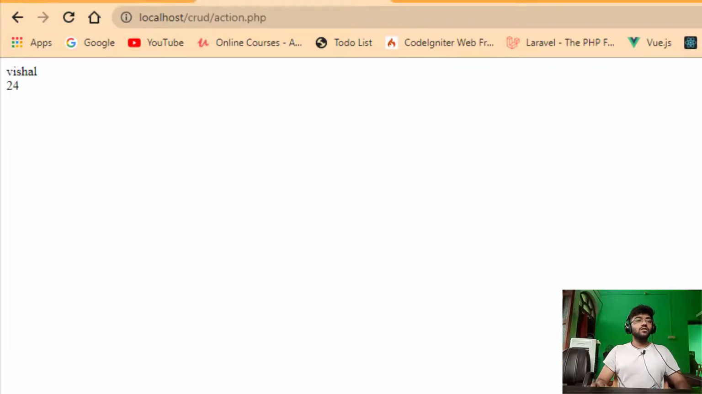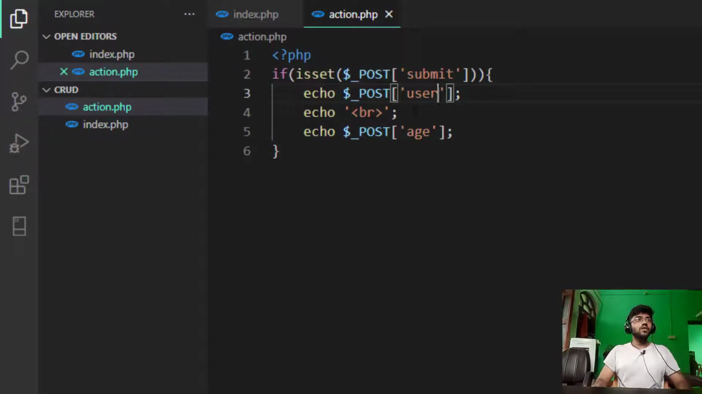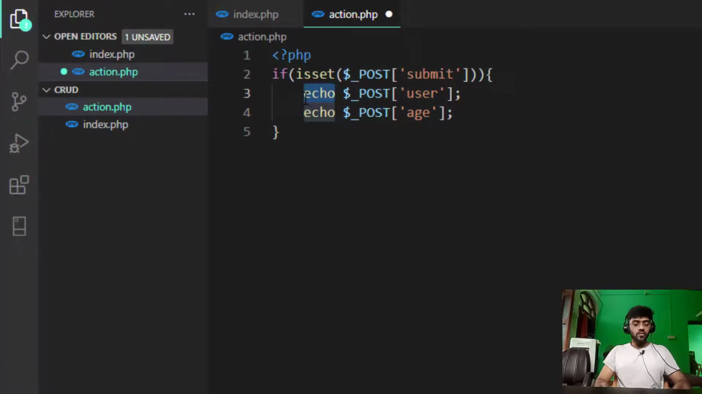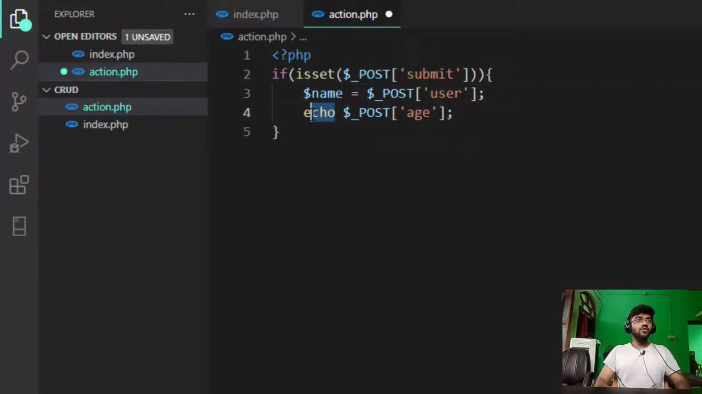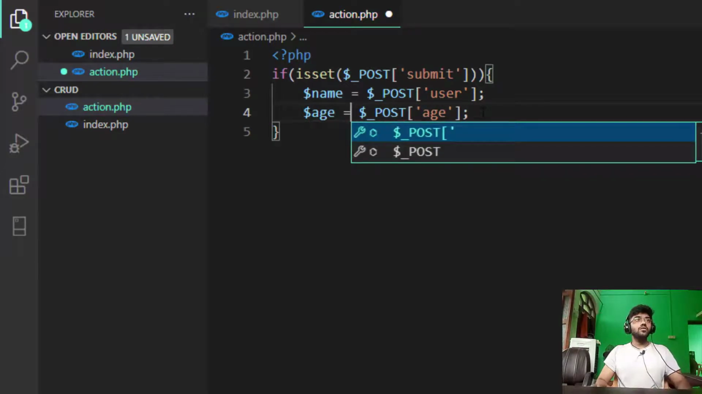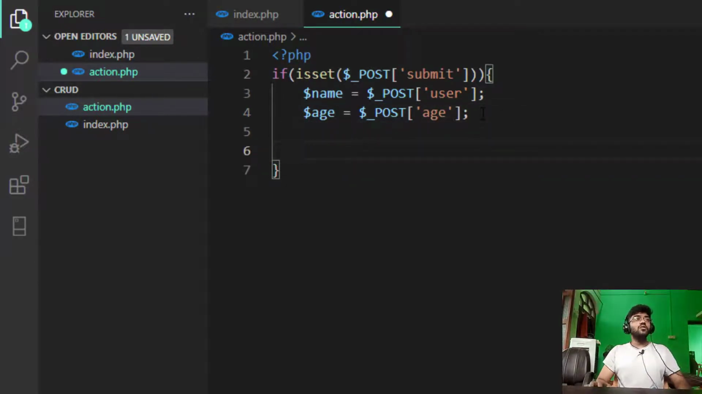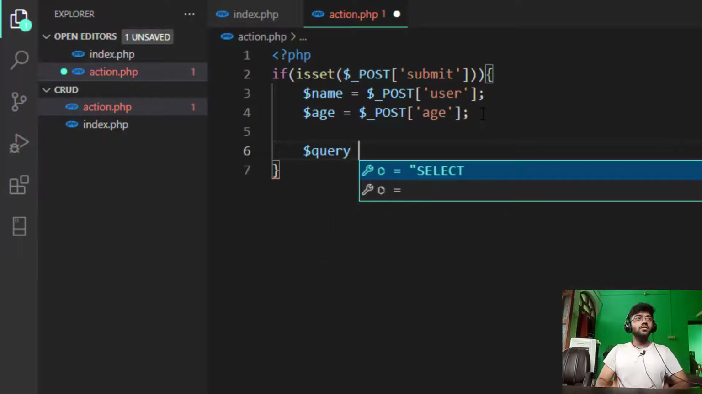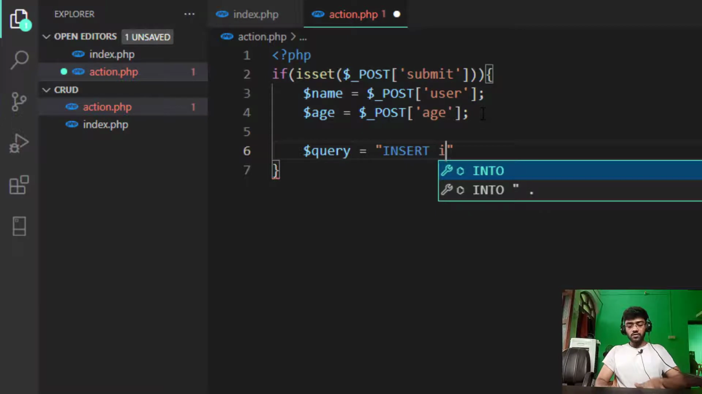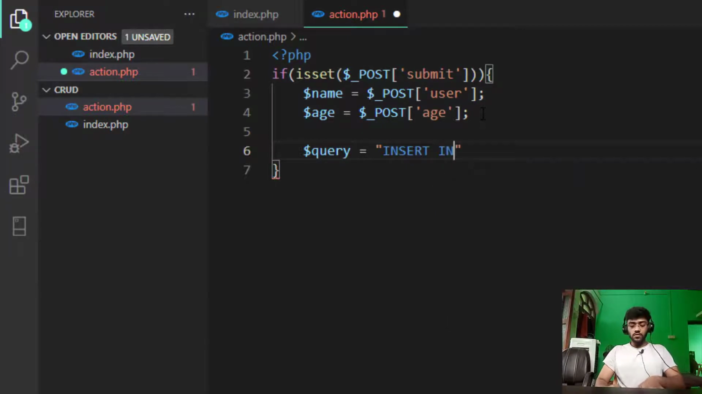Okay, I put them into a variable. So $name equal to this, and also $age equal to. Okay, now after that we need to write a query for them. So $query equal to insert into,